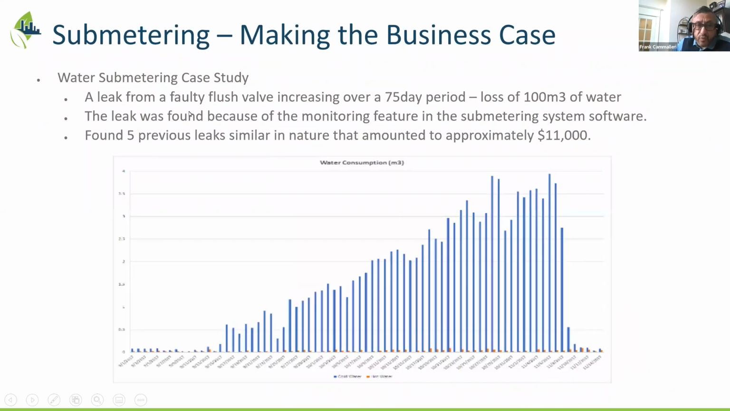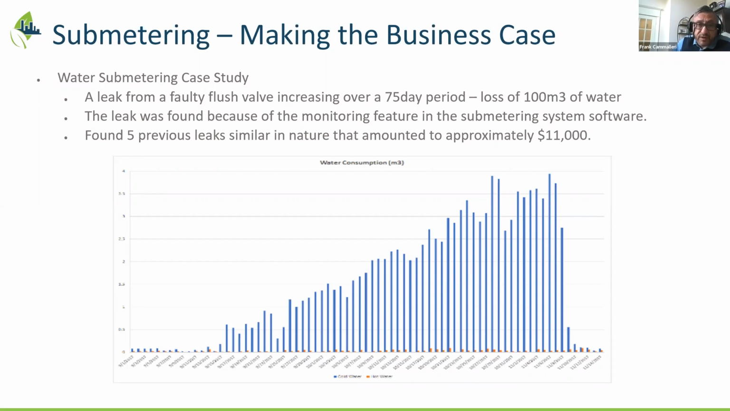Another example here was with water. This is becoming more and more important, as I mentioned, as water is becoming a scarce resource and the costs are becoming greater and greater with the passage of time. This is one example where there was a faulty flush valve, and it was not initially detected. You wouldn't have detected it if you didn't have something like this. It lost 100 cubic meters of water over a 75-day period. Now, that may not seem like too much. That may be $400 or $500, but